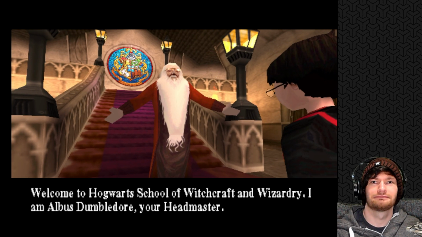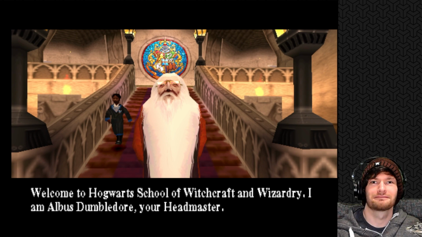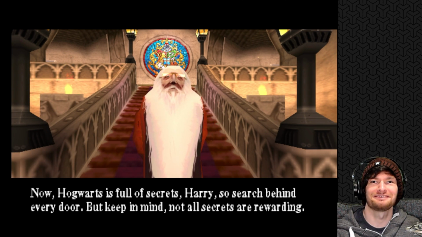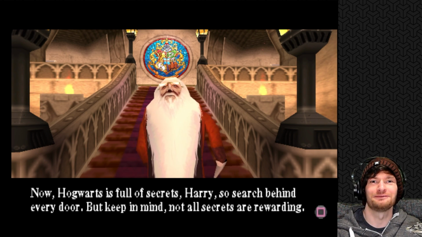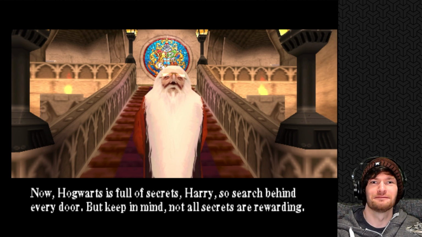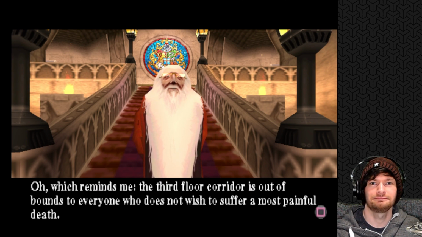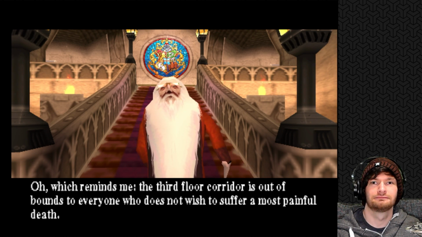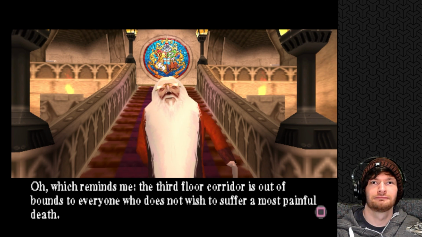Welcome to Hogwarts School of Witchcraft and Wizardry. I am Albus Dumbledore, your headmaster. Now, Hogwarts is full of secrets, so search behind every door. Keep in mind, secrets are rewarding. Oh, which reminds me, the third floor corridor is out of bounds to everyone who does not wish to suffer a most painful